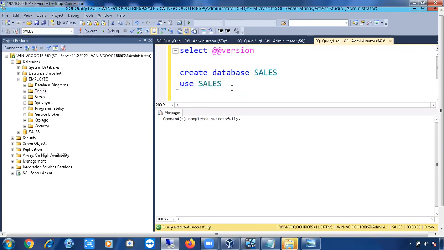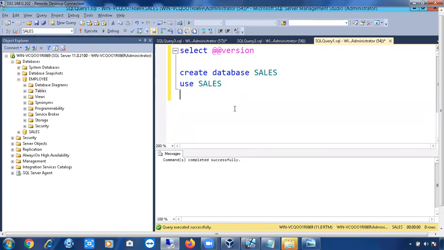If you want to see, this is my whole script. If you don't select anything and simply run it with Alt X or the execute button, it will try to execute all of those things. But in this script, if you want to execute only a specific portion, select that specific portion which you want to execute and execute it. Of course, it will throw an error: sales database already exists. So if you want to execute the whole script at a time, no need to select anything. If you have multiple queries in that script, select the query you want to execute so that it will execute successfully.